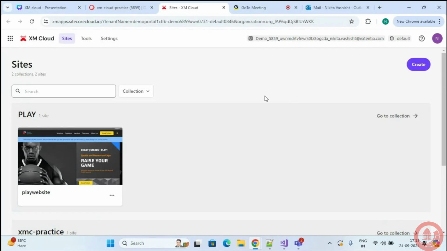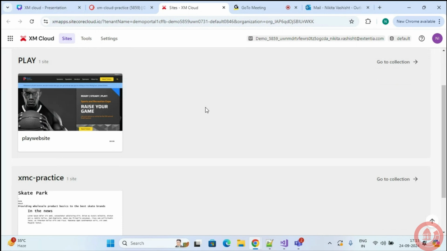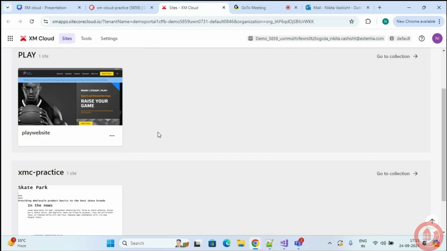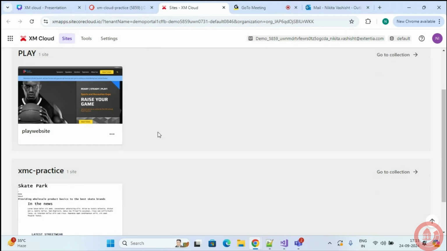Then when you go to the tools option over here, you can see the launchpad. Over here, I have multiple build options available to us. In XM Cloud, we have components, pages, and Explorer as build options. Then we have XM Cloud Forms, Analytics, all of these things.